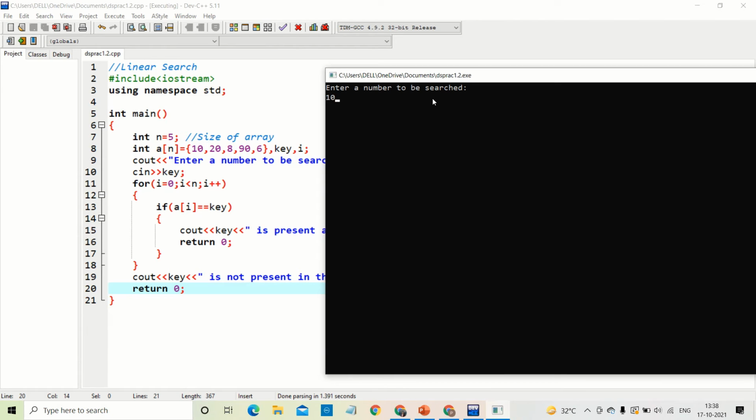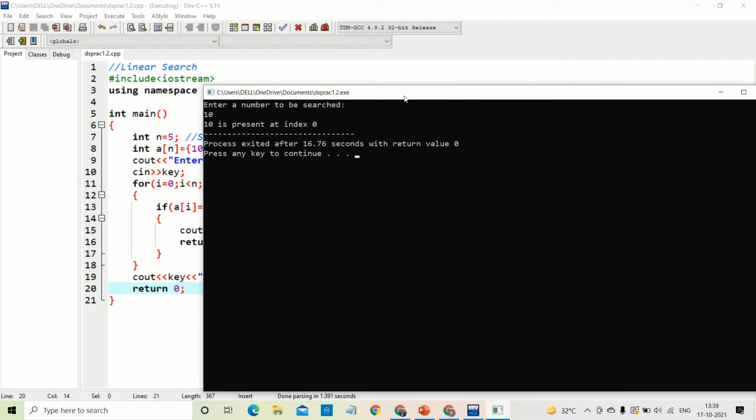Why is it getting executed once? Because 10 is present at the first index itself, that is at index 0. So here I am saving my time in a way, because मेरा जो value है वो मुझे एक single comparison में मिल गया. So I have got my output comparatively faster, since the value is already there at the first index itself, or at the first position itself. So that becomes the best case.